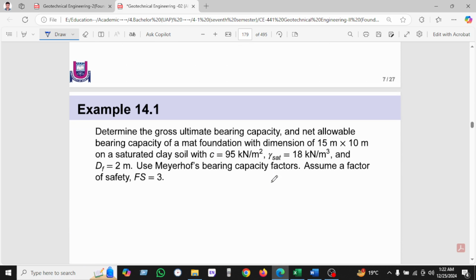Okay, so let's see an example. We can see here